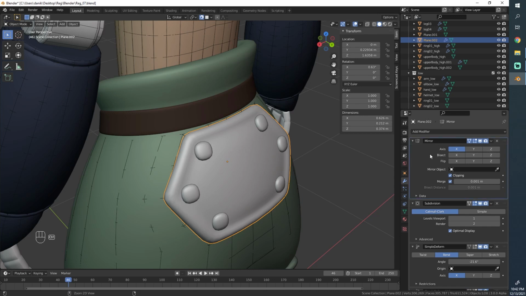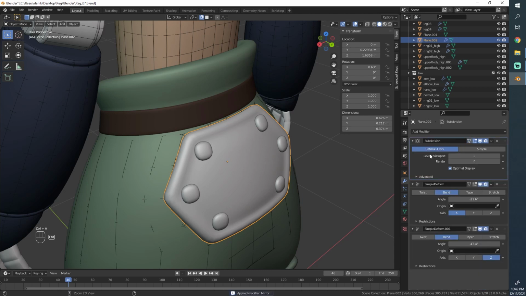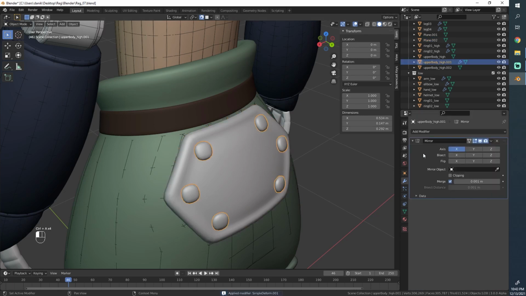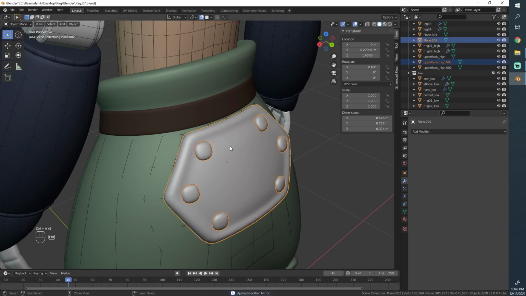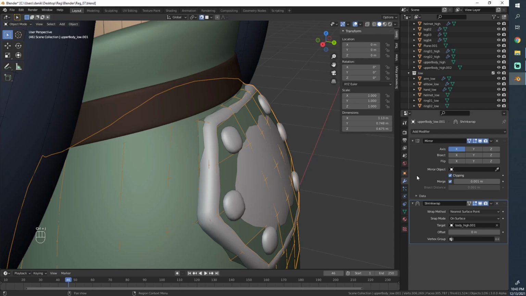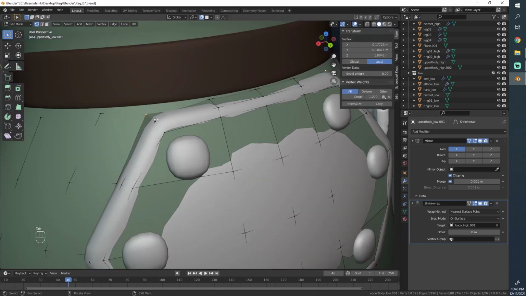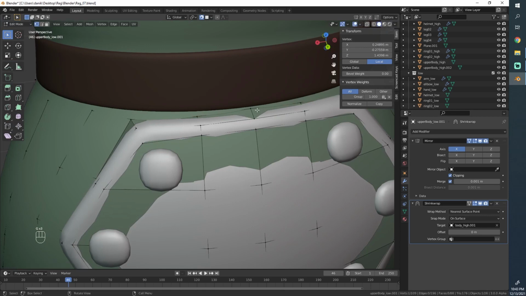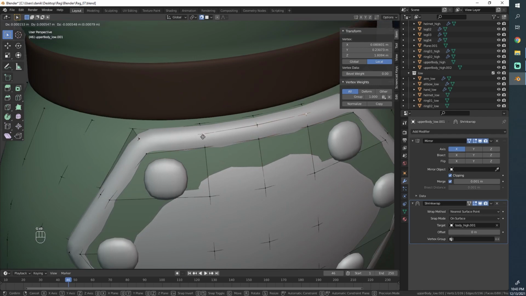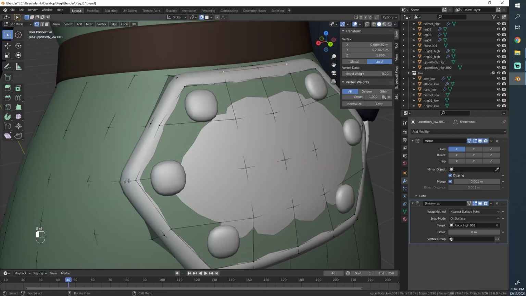So we'll apply mirror, apply subdivision surface, apply this and this, and in here we'll apply this as well. Then we can easily merge these together, and we can merge this to the body. And then you see that this will now magically snap to the rest here that it didn't snap to before, simply because now it is part of the object that we're snapping to, which is very nice and exactly what we wanted.